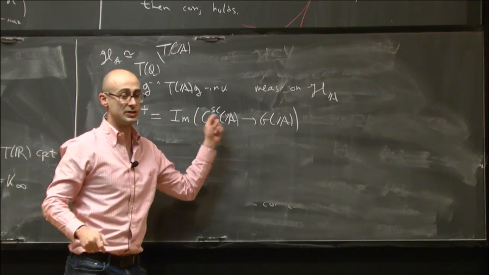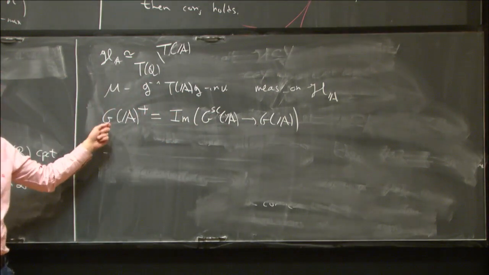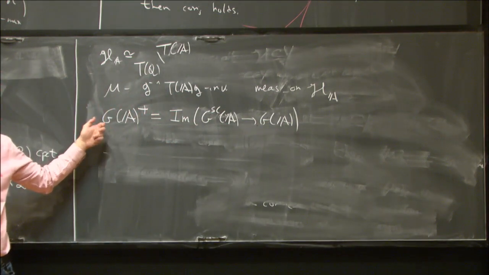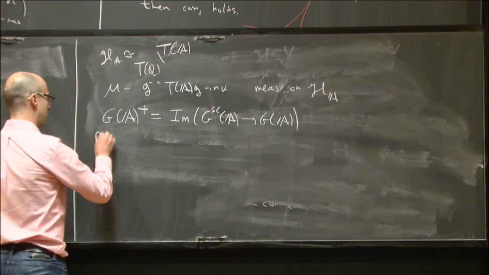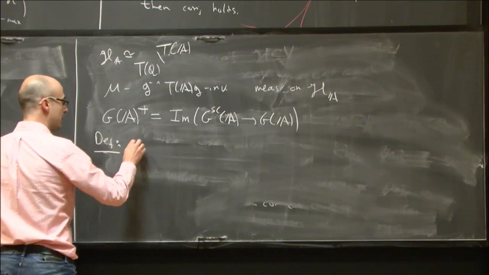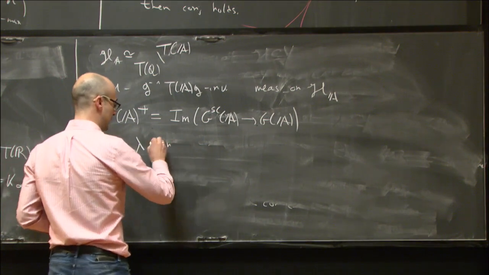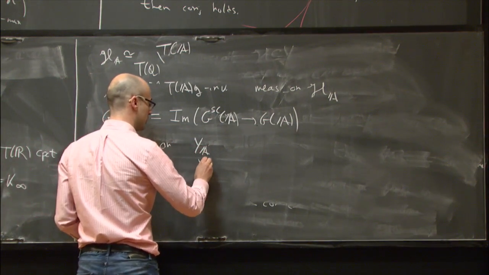So if PGL2, this is just SL2, okay? So this has finite index at each place. So it's in some sense not much smaller. And we say that any measure, let's say lambda, this is a measure on YA, and also the second case